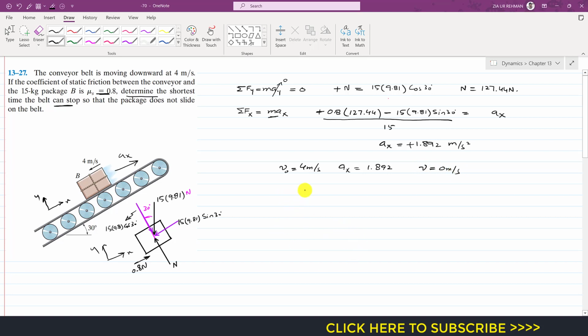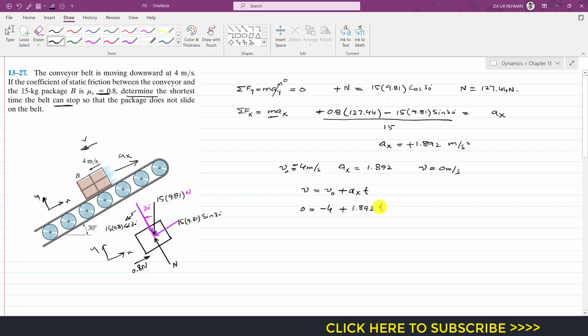So we can apply the equation of kinematics: V is equal to V naught plus AX T. Since this 4 meters per second velocity is in the negative x direction, we have to put this velocity as negative. The final velocity is 0, and the initial is minus 4 in our positive x direction, and AX is